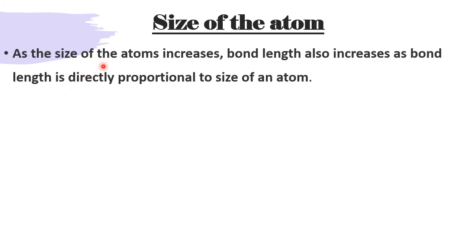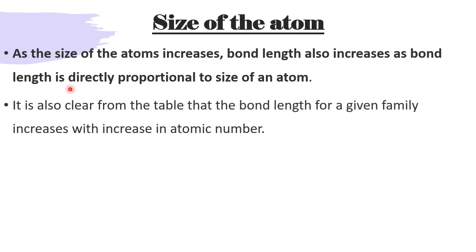Now, how is bond length depending on the size of the atom? As the size of the atoms increases, bond length also increases. Bond length is directly proportional to the size of an atom. Naturally. See, H and H, one bond length. Now, in place of one H, I bring Cl, HCl. Cl is bigger. When I bring a bigger circle, naturally the length becomes more. See, H is small, Cl is big, its radius is big. So when HCl forms, the bond length is more. So an increase in the size of the bonding atoms increases the bond length. That's why we say it is directly proportional.